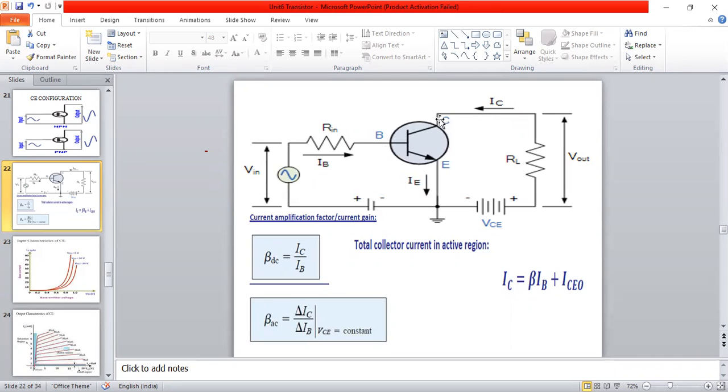So the collector current also has to join with the emitter current here. Now only the base current we are considering at the input. So once the collector current is also added, it will take some delay. Again, if I increase this one, delay will occur. Delay is nothing but more voltage is required here.